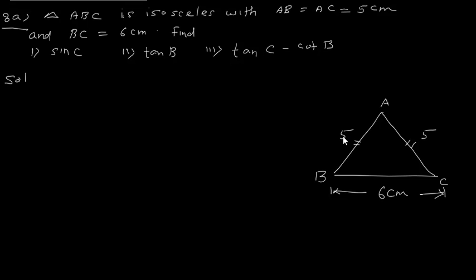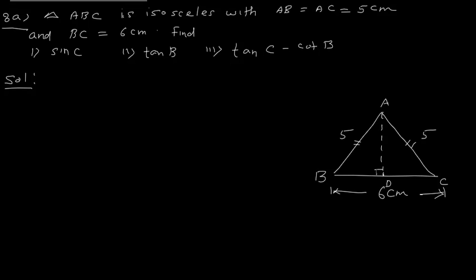So tell me what we do. Yes, what we do? We can draw a perpendicular from this point A to this side BC. So let us draw a perpendicular on side BC. Name it as point D. Now triangle ABD as well as triangle ACD, they are now right angle triangle. So this angle D is 90 degree.